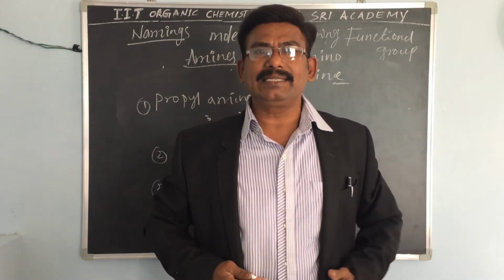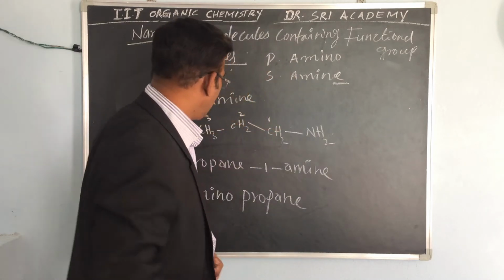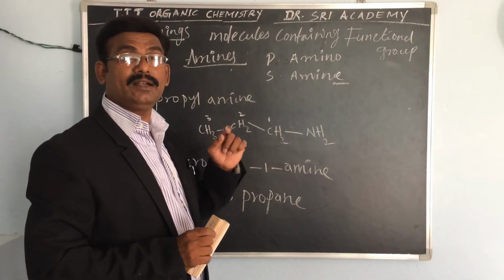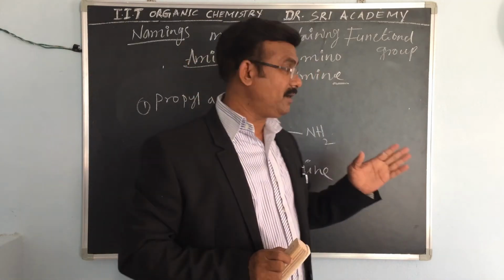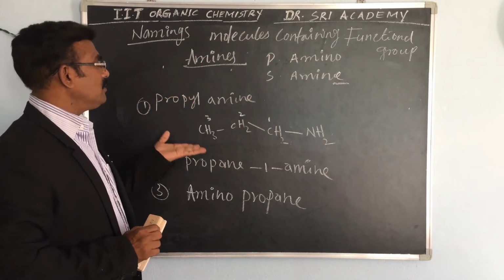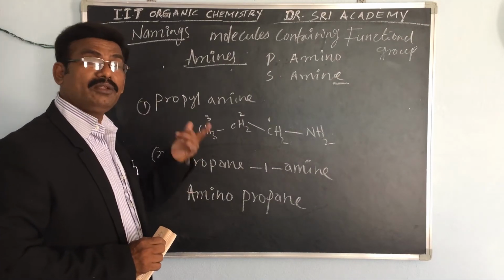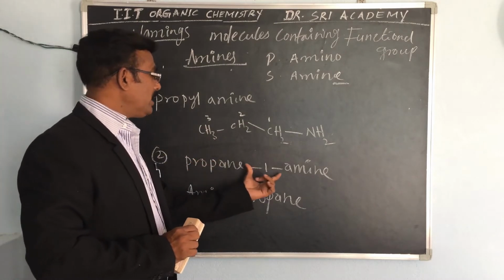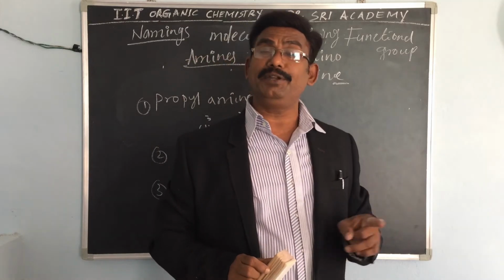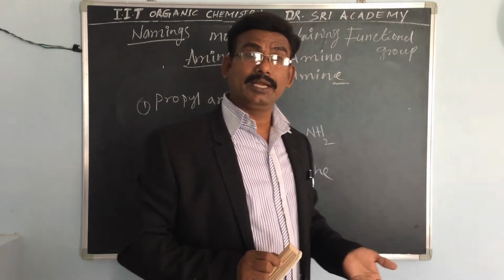Now if in case of a cyclic compound, for example. So please remember all these names. These are very, very important for writing in the IIT exam. Almost all three names, one must. Either this one or this one or this one, any one is correct. So you have to remember: propane 1 amine, aminopropane or propyl amine. This is very, very important for the competitive exams like IIT JEE Mains or whatever it may be.